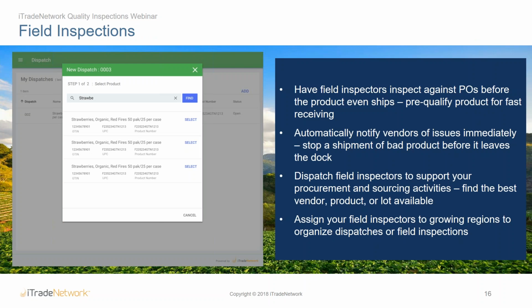We also allow for field inspections within here. So there are two different forms of field inspections. The first being allowing your inspectors that are in the field to inspect against POs before the product even leaves your supplier's loading dock. So essentially pre-qualifying that product for receiving, or automatically notifying those vendors of issues before a product is shipped,